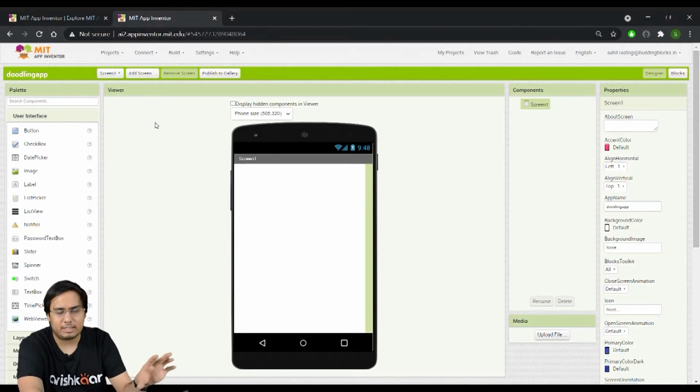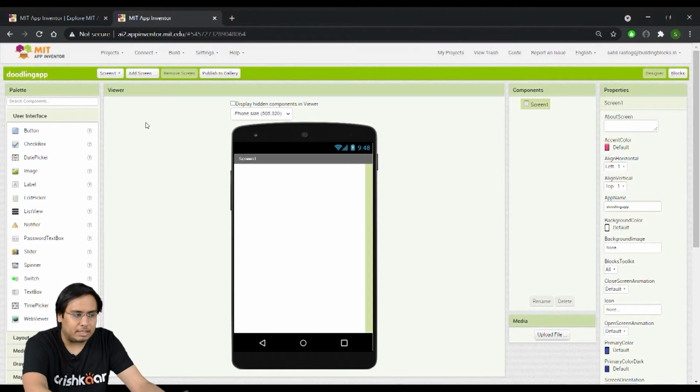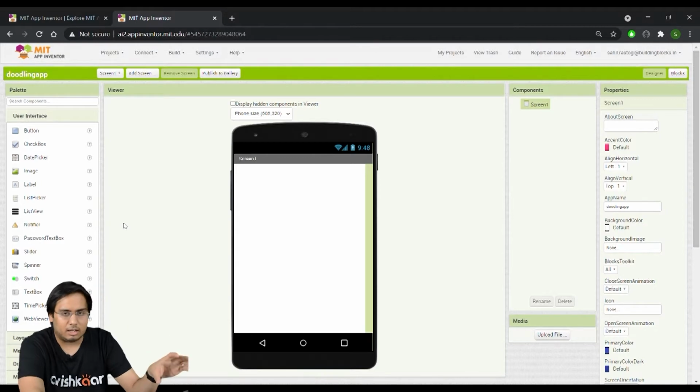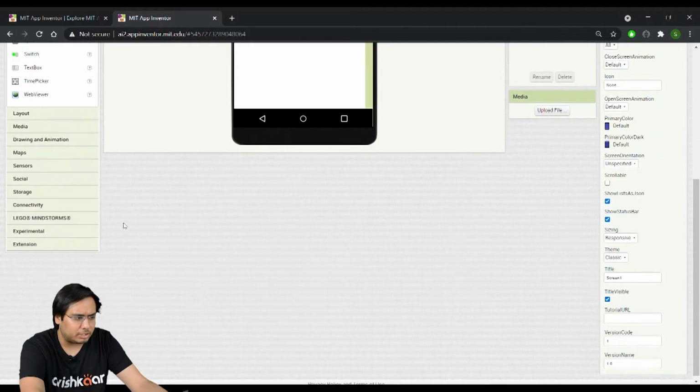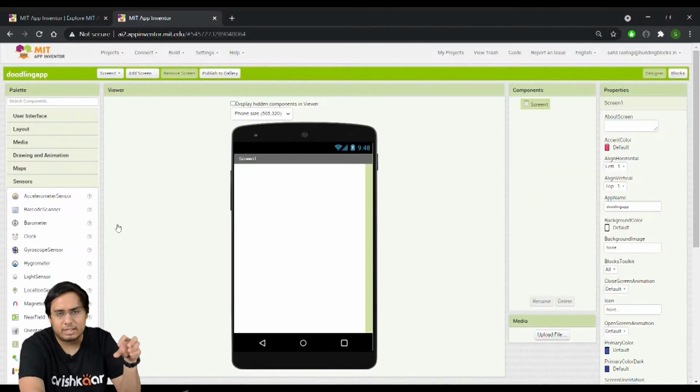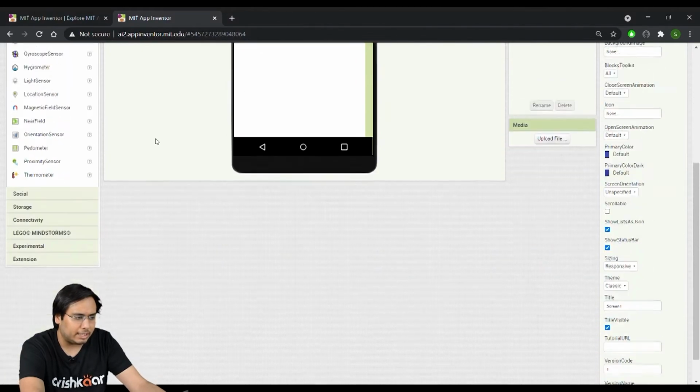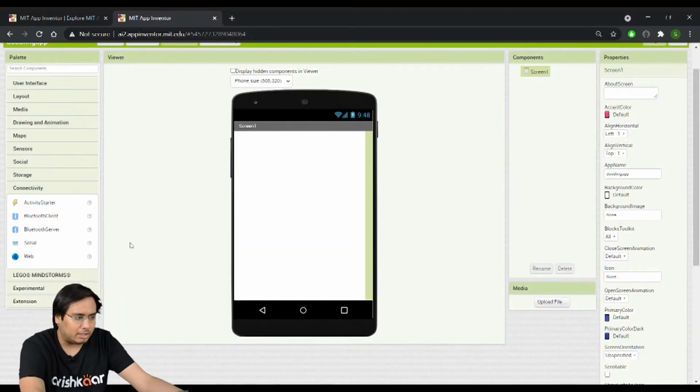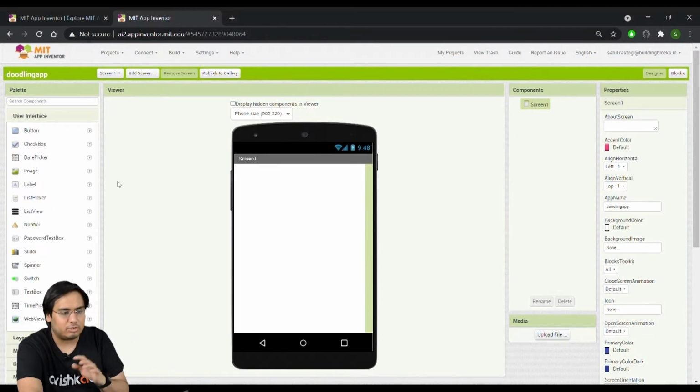Right now what we are seeing is the area where we can design the app, where we can create a user interface for our app. If we want to add buttons, check boxes, or images, we can just use this section. We have options for different things also, like sensors. Phones have inbuilt sensors in them, and if we want to use any of those, we can do that also. If you want to create a Bluetooth enabled app, you can do that also. So tons of possibilities over here to create your own apps.